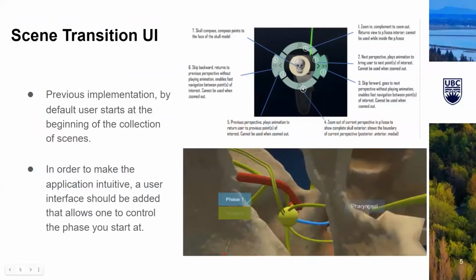Hi, I'm Francis, and I'm the developer for Faucet. My primary contribution to the project this term was the implementation of the scene transition UI, as well as accompanying technical documentation. In previous implementations, users were only able to traverse through the animation sequentially without being able to skip multiple animations at once. The scene transition UI addresses this problem by allowing users to choose whether they want to start with the animations from phase 1 or phase 2 of the project,